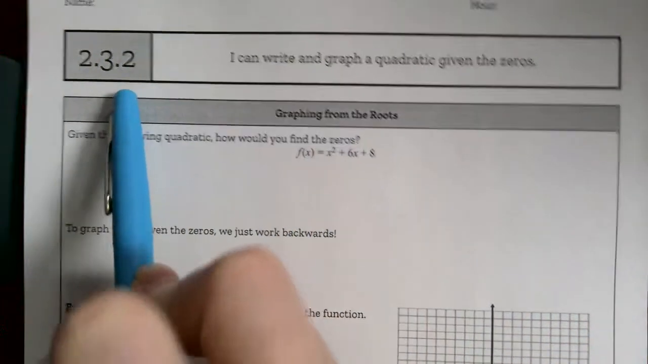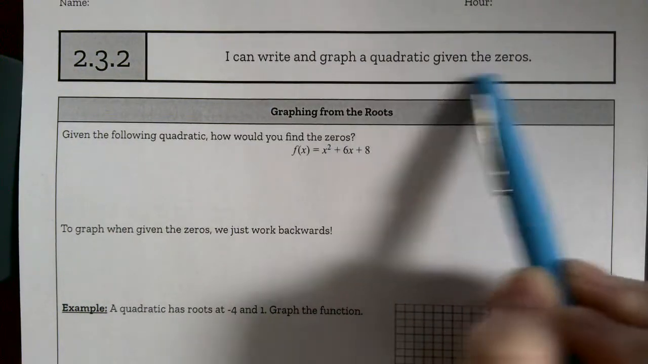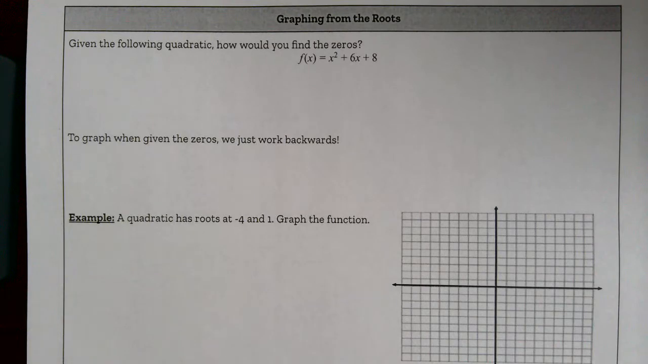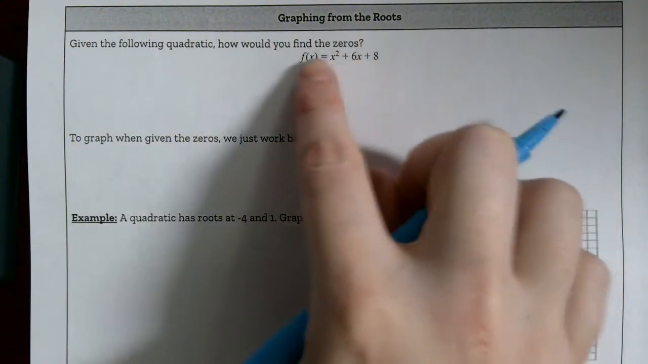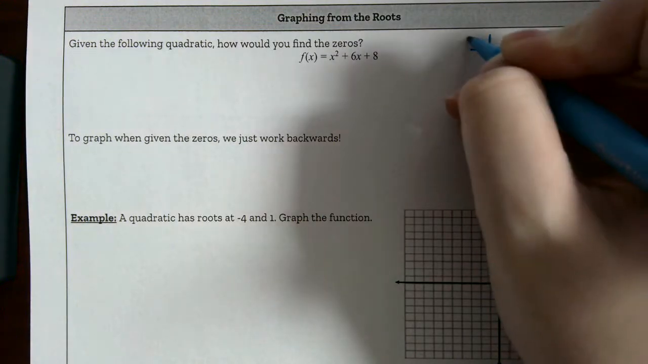Hello. In this video, we're going to go through learning target 232, which is to be able to write and graph a quadratic given our zeros. So essentially what we are doing when we're given our zeros and asked to graph is we're going to work backwards from factoring. So if we were finding these zeros, I can factor this by finding what multiplies to 8